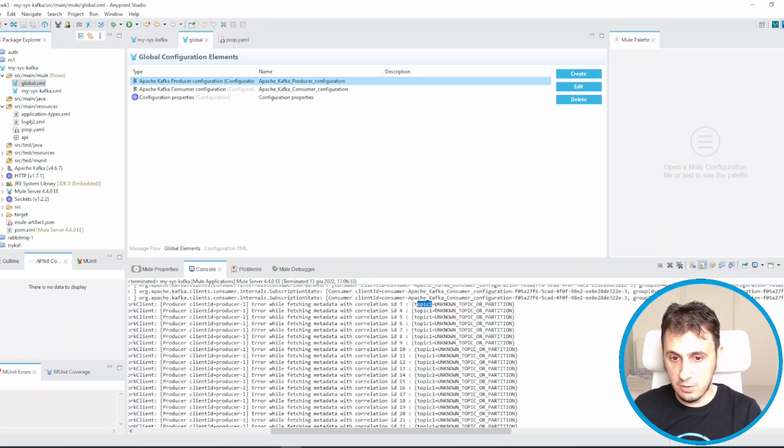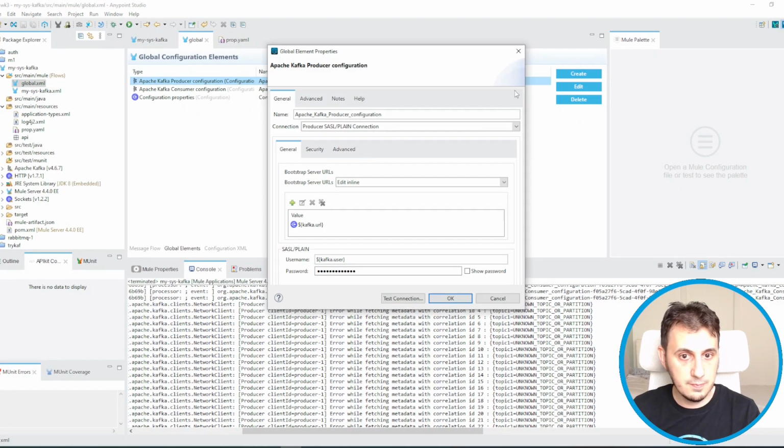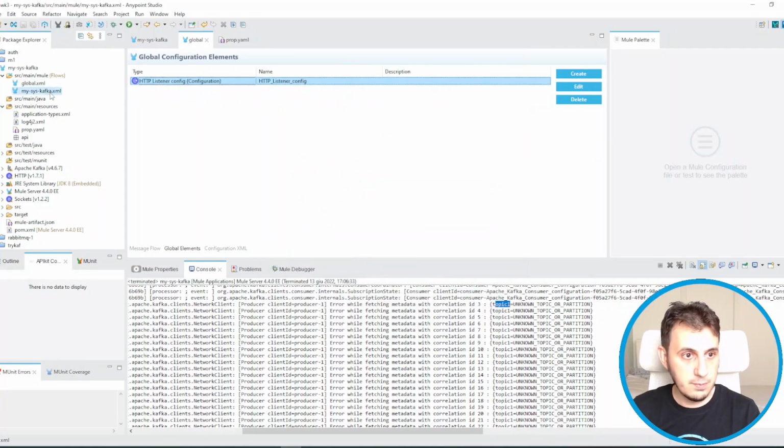On my localhost computer, there is no problem if there isn't any topic, because it creates the topic if there isn't one. While in the Confluent Cloud configuration, if there isn't any topic 1, they receive an error. So I have to modify my producer configuration. No, not here, but here.